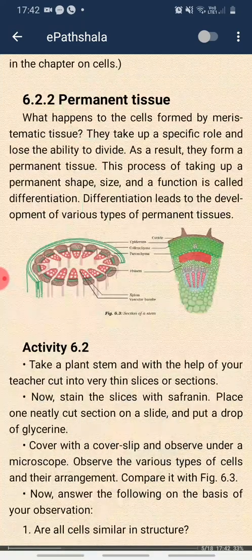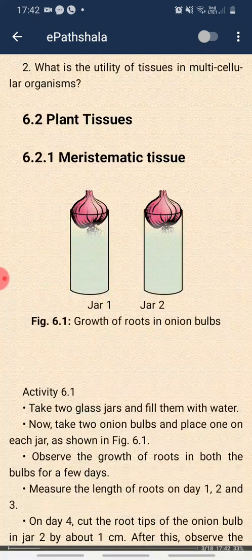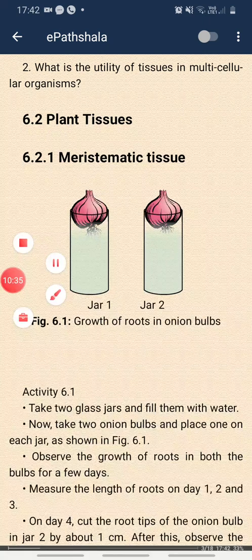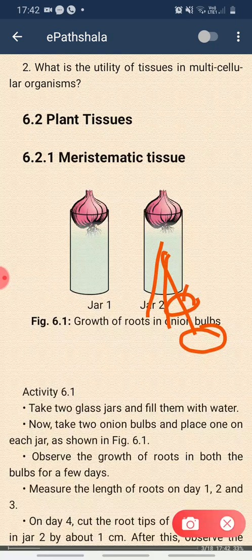Now in the next class we'll study the permanent tissues. So these are one type of cells, that is meristematic. They are temporary, meaning they keep on dividing, and once they have divided, as the length of the root is increasing, or let's say the length of the shoot increases, what happens after some time? These meristematic cells will always remain at the tip. Though these cells which have formed will have their particular role and function.